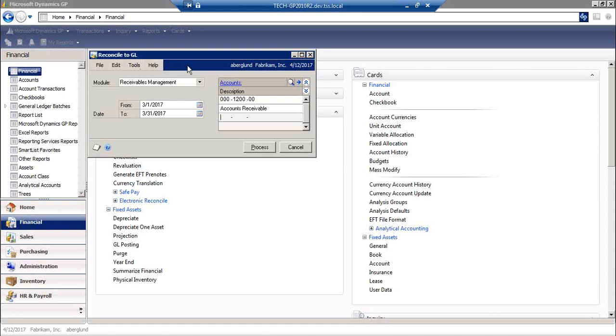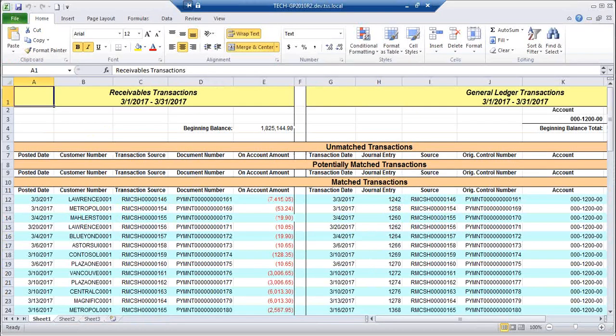So I'm going to come in and run this reconcile to GL, and when I click process, it's going to pull all of the transactions that have been posted to the subledger and populate the left-hand side of the worksheet. And then on the right-hand side, it's going to populate all of the GL postings that have happened. And it's going to do its own little tick and tie and match up those transactions that match. And then it's going to identify any transactions that might have happened that did not hit one place or the other. So you can see on the screen here that we have an unmatched transactions section, and there are no